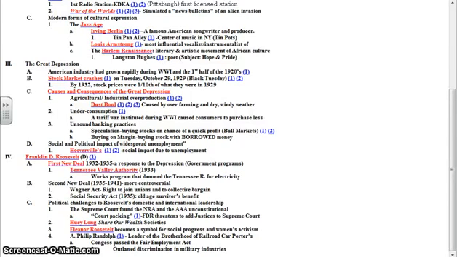Unit 9, Section 3, Consequences of the Great Depression. There was a social and political impact of the unemployment that was caused by these banks closing and these factories closing